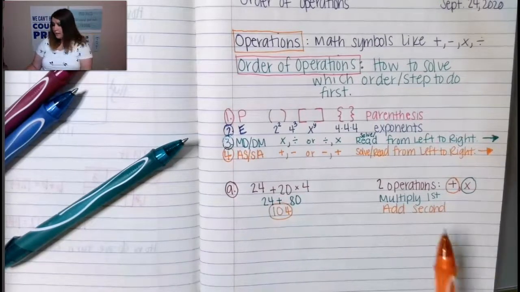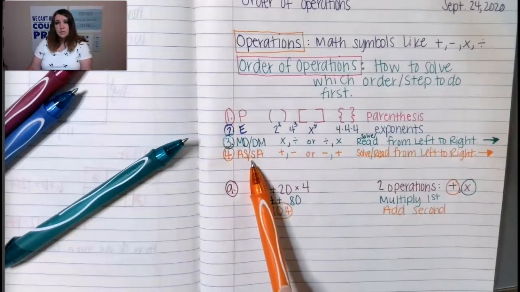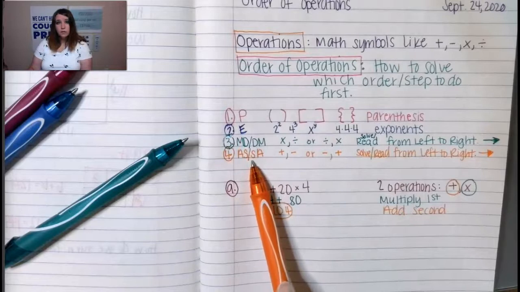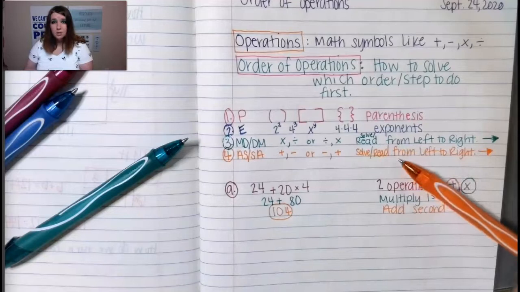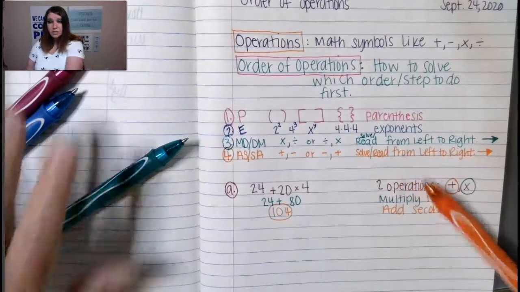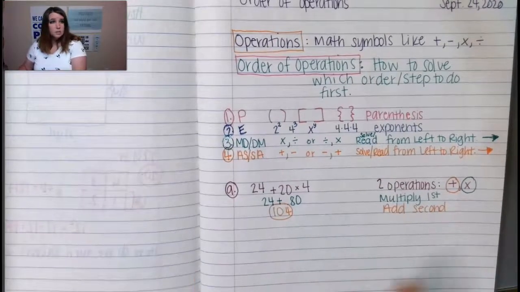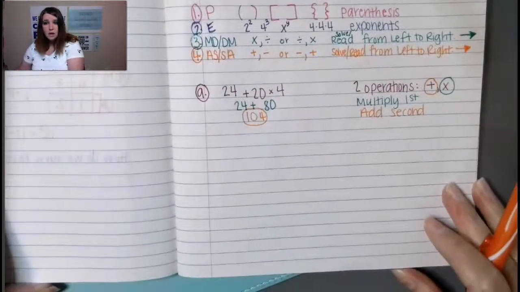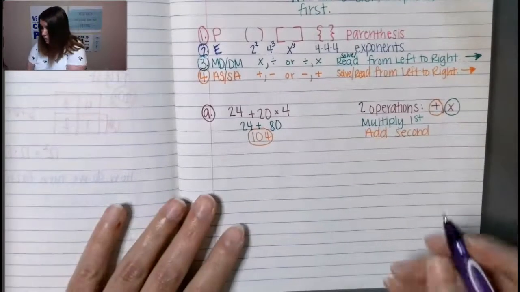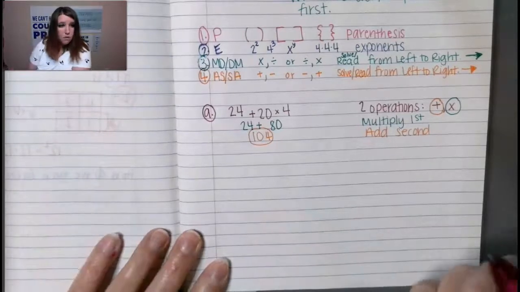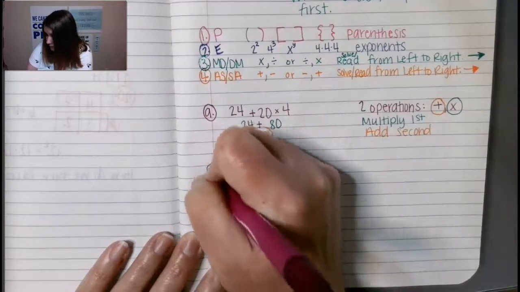So here I listed which operations I needed to do, and I looked at my checklist to see which ones I should do first. If that strategy helps you, please use that strategy. So this is just another strategy to try to help you understand how to solve the order of operations. So let's do another one now that has some parentheses in it. Let's try that one. All right, so we have this example now, and it says to evaluate